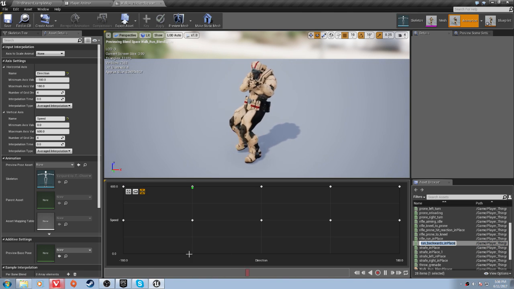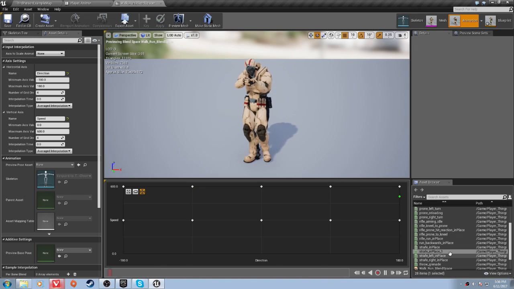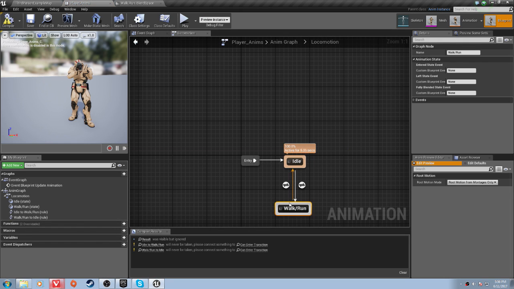And then all of our 0 speed values can simply be rifle. Where's my idle? Rifle aiming idle. Perfect. Now Control Shift S to save all of that and go back to your blueprint and walk run,